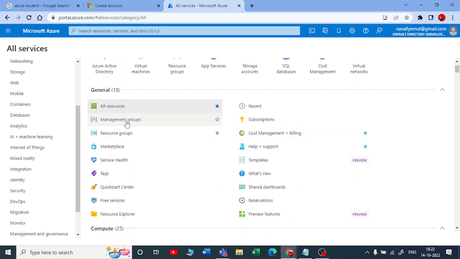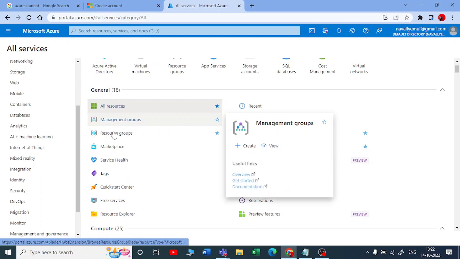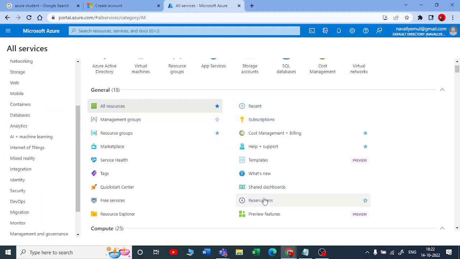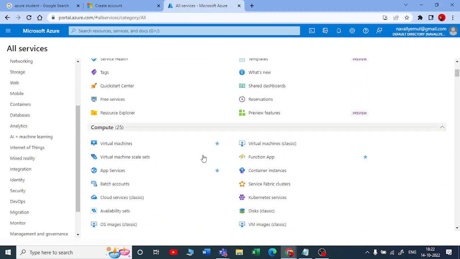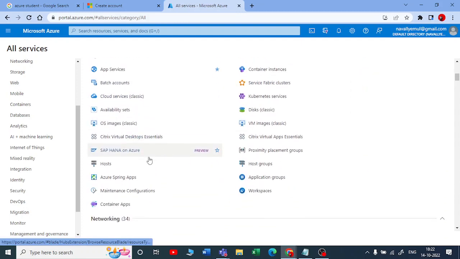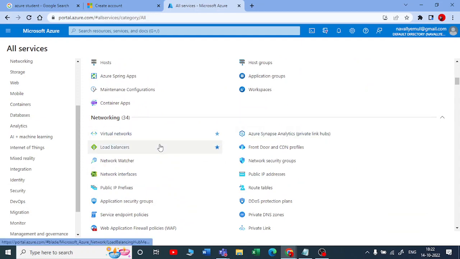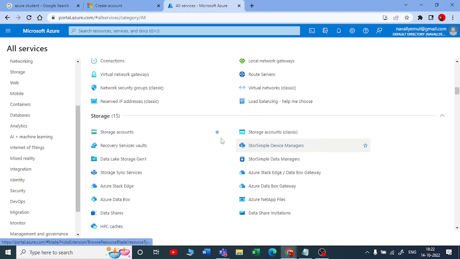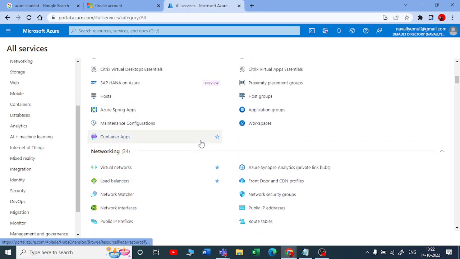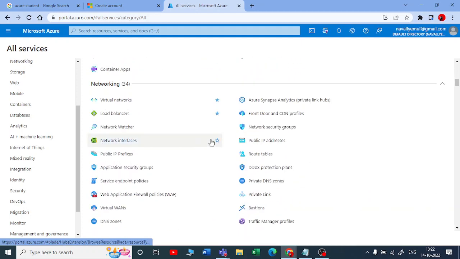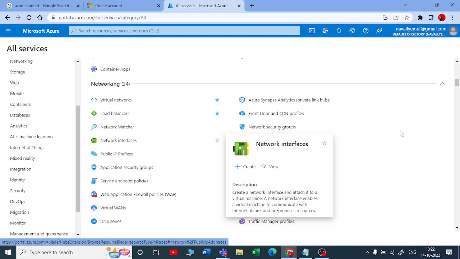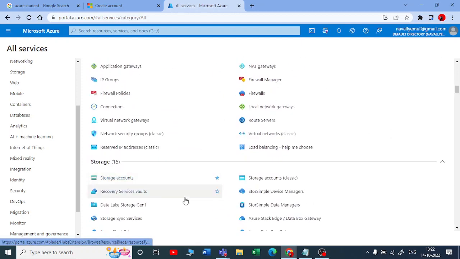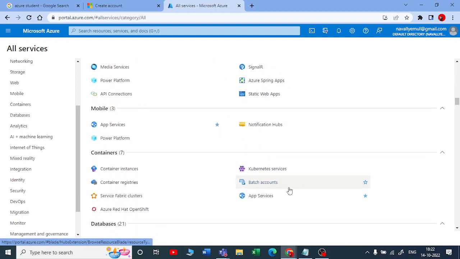So if any person is working on this Azure platform for maybe 2 or 3 years, he may not know all the services. Let me tell you my example. I have been working for the last 1.5 years in the data field, data engineering or big data field. I am using a storage account. I am using a few of the analytics tools like Data Factory, Synapse Analytics and Databricks. I have not used the other tools here.